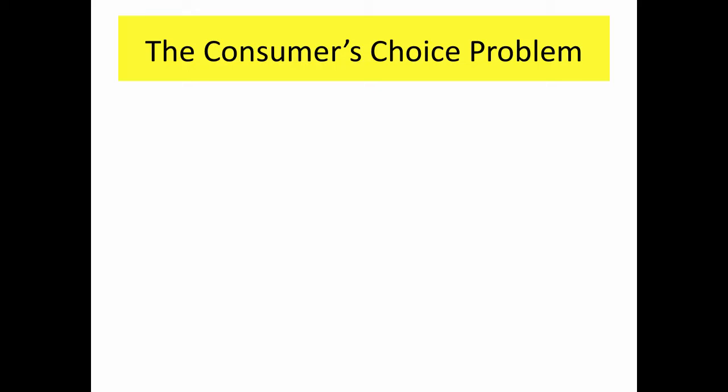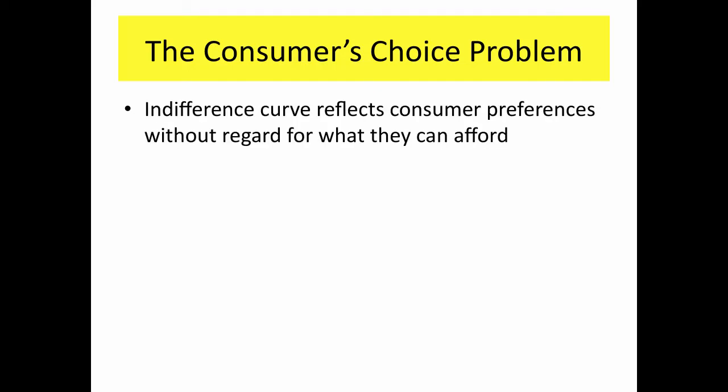We left off talking about consumer preferences and the budget constraint. Remember that we captured consumer preferences through a utility function and also through what's known as an indifference curve. All an indifference curve does is reflect consumer preferences without regard to what they can pay. It shows you that if they didn't have to worry about money, what kind of bundles of goods